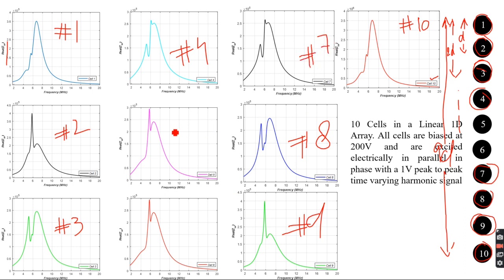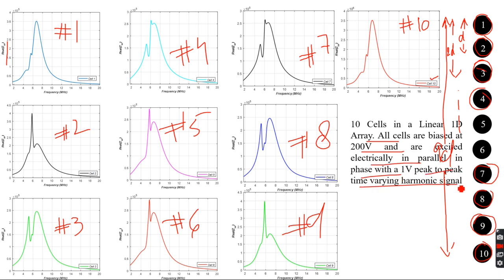And then all you're left with is cell number 5 and cell number 6. This is 5 and this is 6, and they are the same. You can see for yourself that these 10 cells are in a linear 1D array. All cells are biased at the same voltage and are excited electrically in parallel, in phase, with a 1 volt peak-to-peak